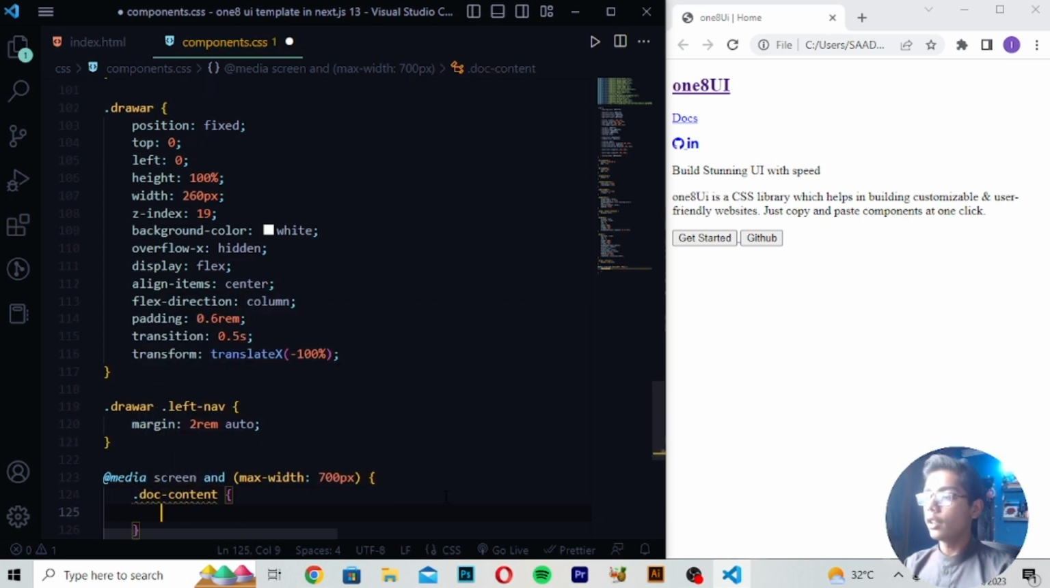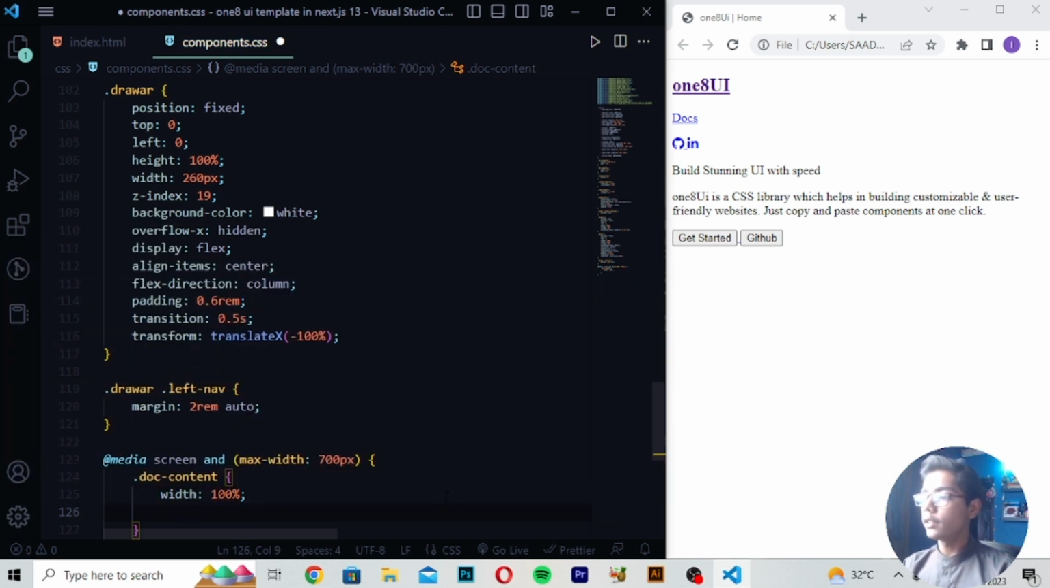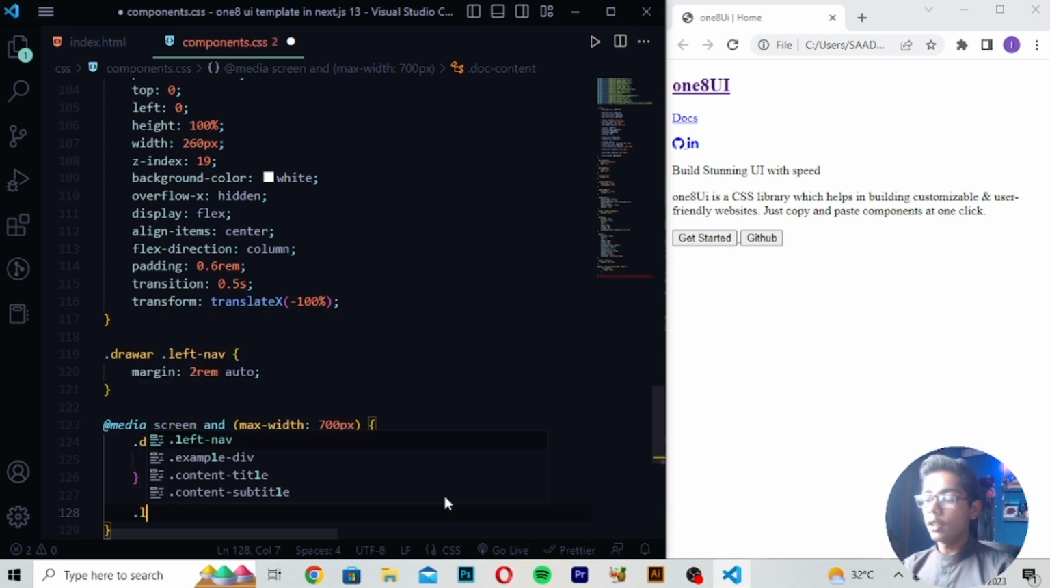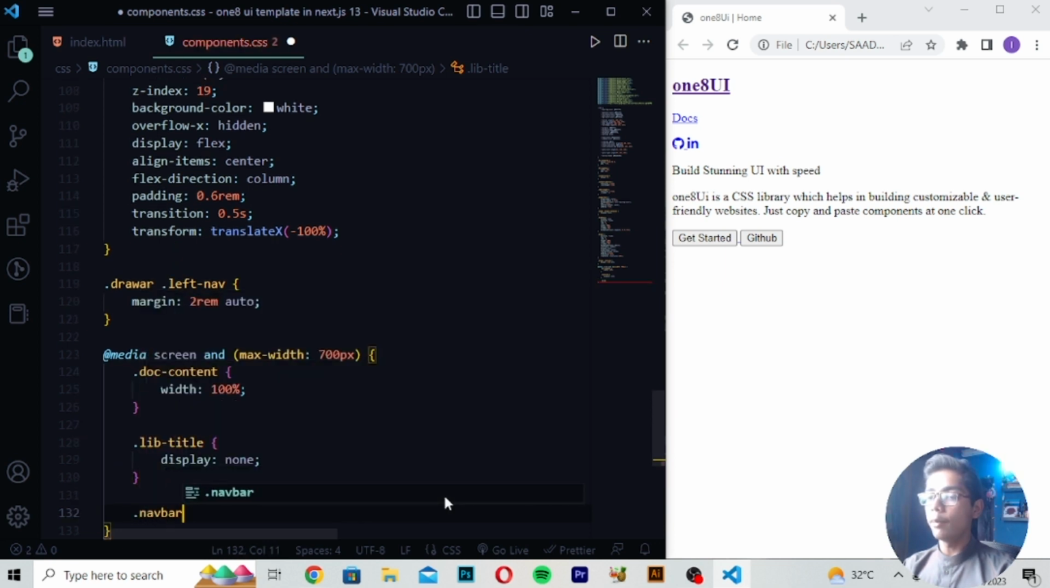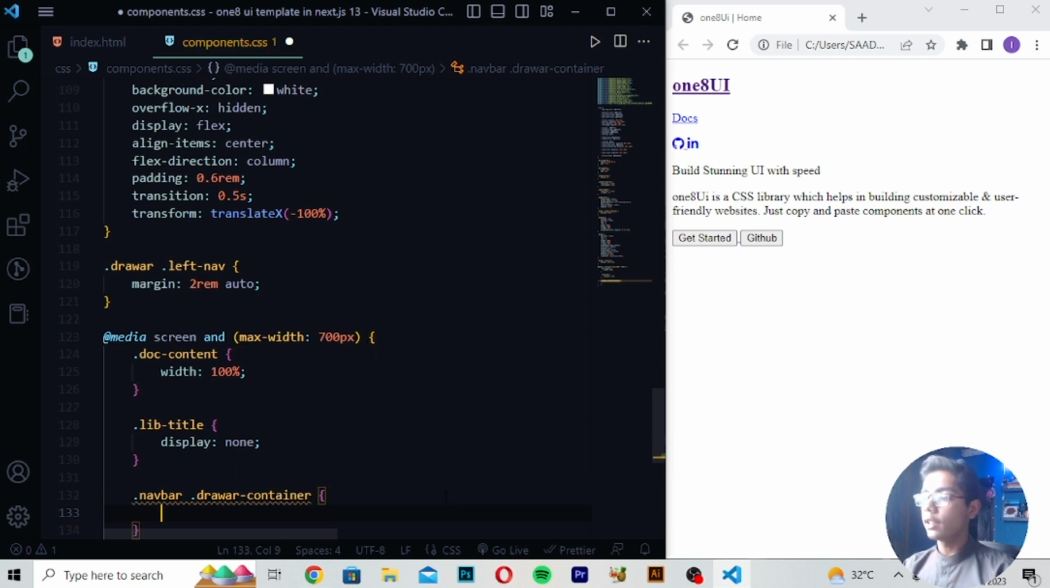Right here dot content, right here width 100%. And after writing this, just here you have to now move down, right here dot lib title, right here display none. And then you have to just write here navbar, then right here drawer dash container. And then when you've written this thing, just here I will be writing display block, and then save it here and reload. So you can see now we are just getting all this thing, but here we have style only